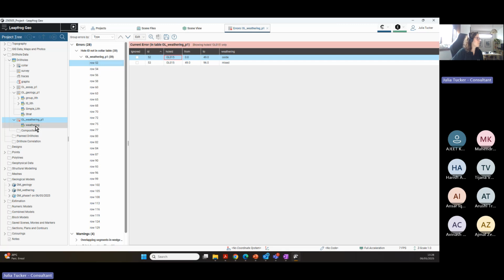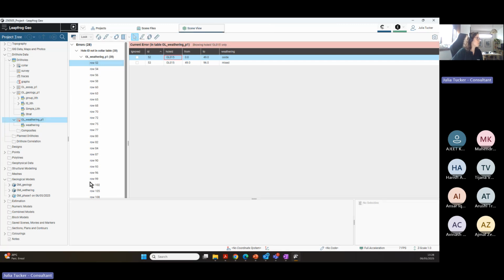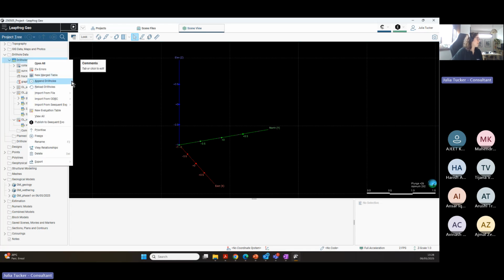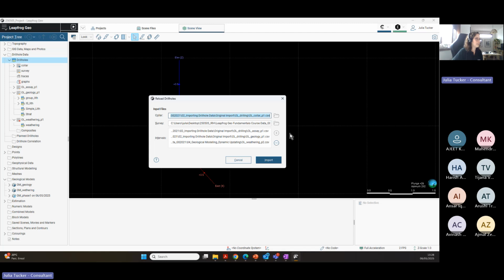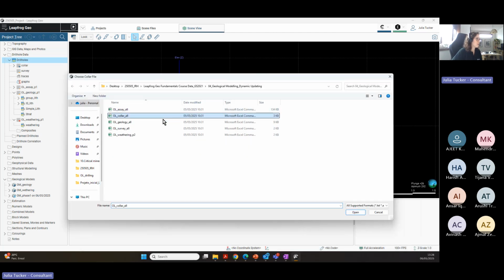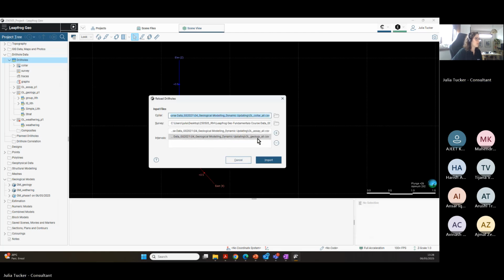That means that we should reload the data also in our drill holes. So now that we have everything here, we just need to come in our drill holes and import our data. In this case, we are reloading our data. Why? Because now we have more information. We want everything. So we are going to get the OL color all, open it, and we will have everything